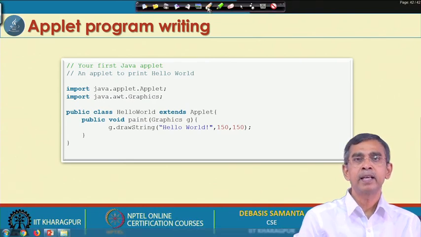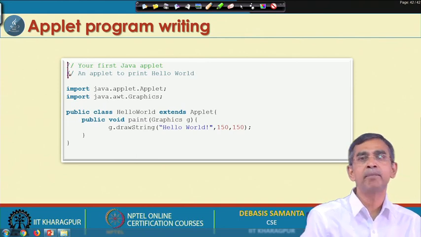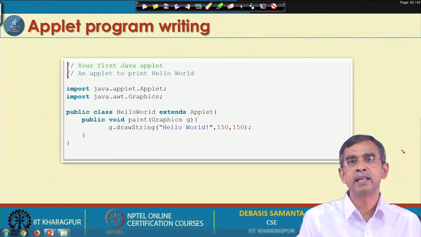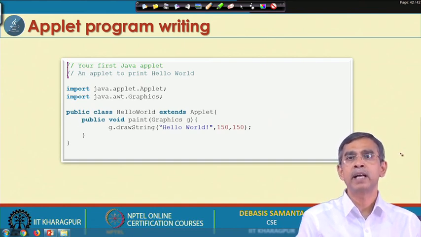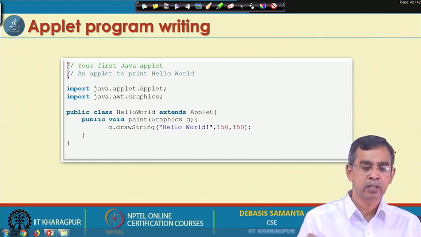Here is a very small look of the program, and here is the way comments can be placed. Whenever you write a program, put in as many comments as possible, so that you or anybody else can understand your program later on.